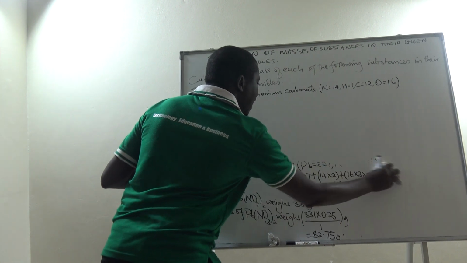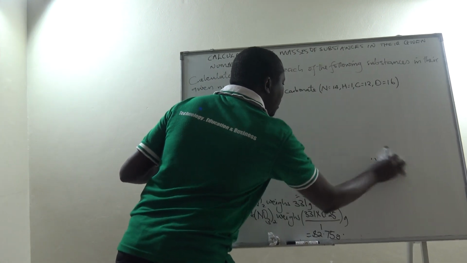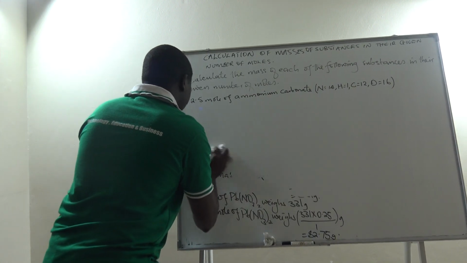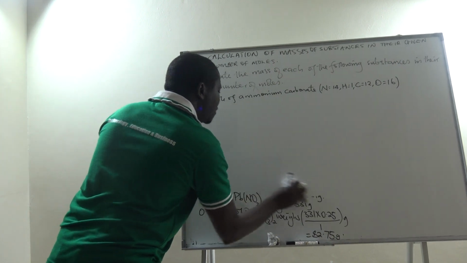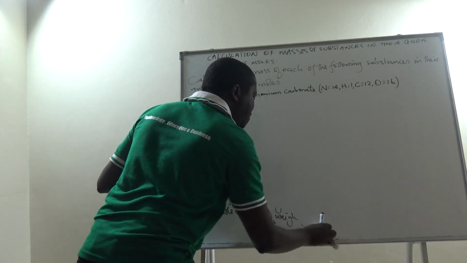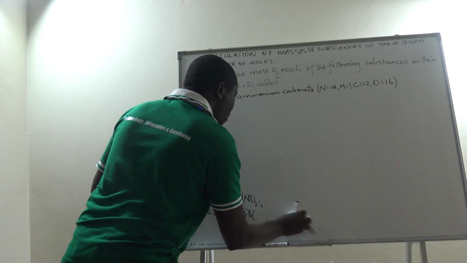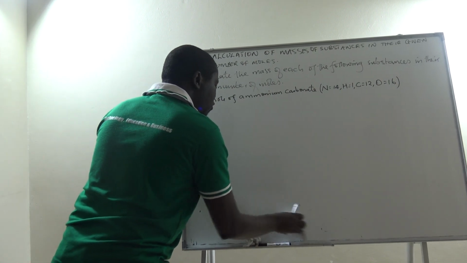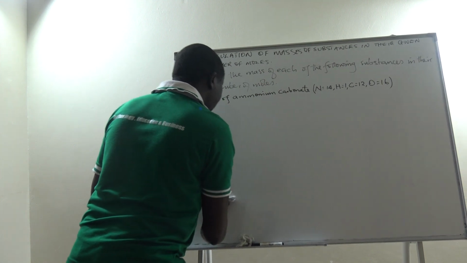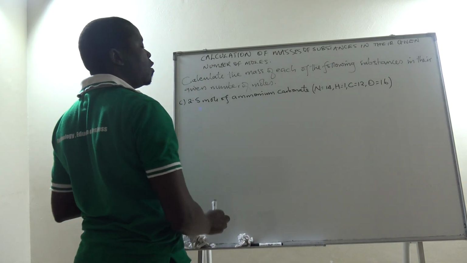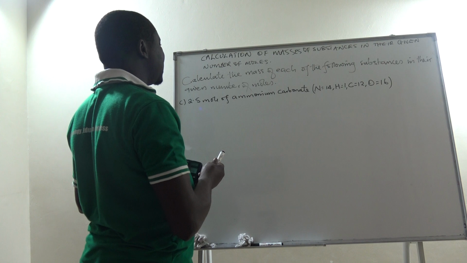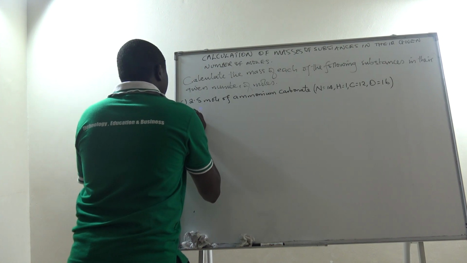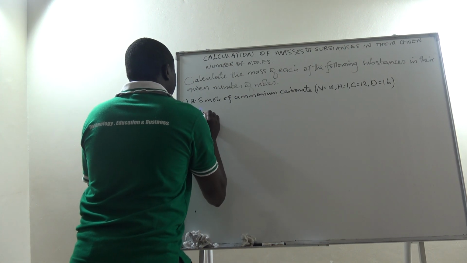So we are going to start by getting the molar mass of ammonium carbonate using the correct formula. So that means a candidate must be able to know, you are supposed to know how to write the correct chemical formula using the valencies of the elements or the radicals in that compound. So we are starting with the molar mass